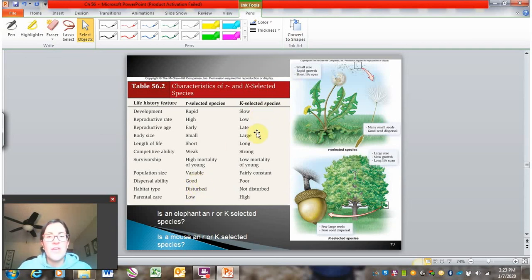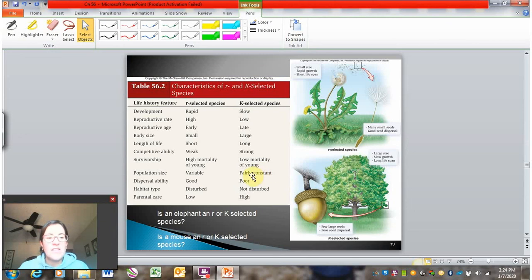K-selected species, on the other hand, tend to have slow development. It takes them a long time to reach maturity and grow. They tend to have few numbers of offspring. It takes them a long time to reach sexual maturity. They have larger body size, longer lifespans. They're good competitors. They tend to have either a type 2 or type 1 survivorship curve, so low mortality of the young. Their population sizes tend to be stable, so it tends to just oscillate a tiny bit around carrying